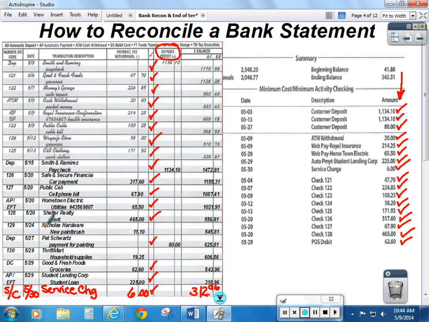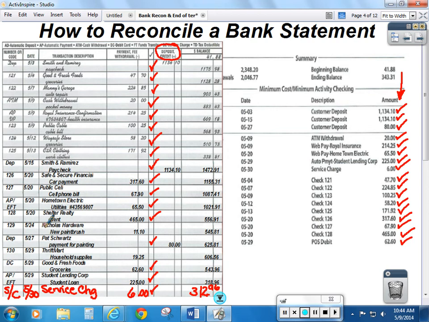Anytime you have something in your register that the bank doesn't yet know about, we call it outstanding. Okay, it doesn't mean that it's special or anything like that. It just means that it has not cleared the bank yet. The bank does not yet know about it. Sometimes that happens because maybe